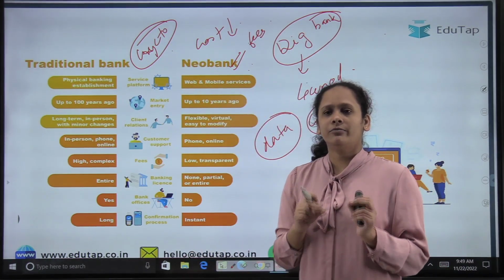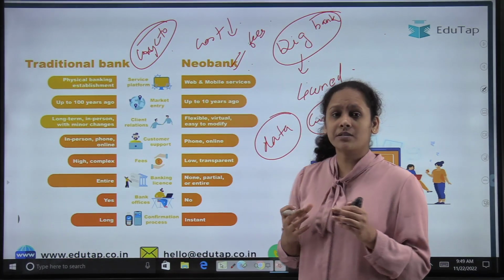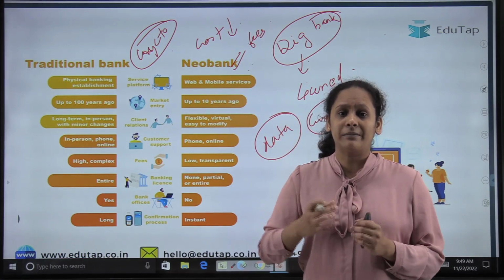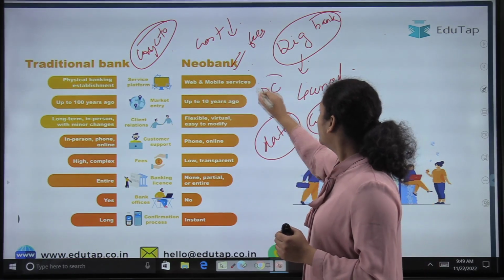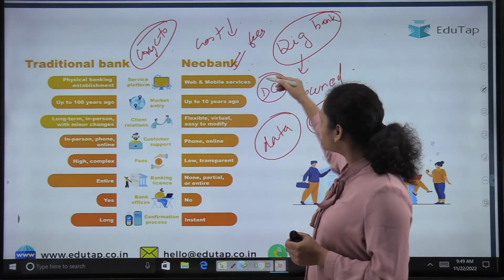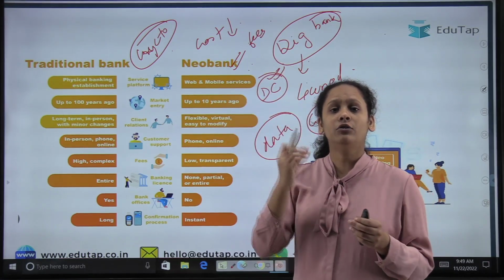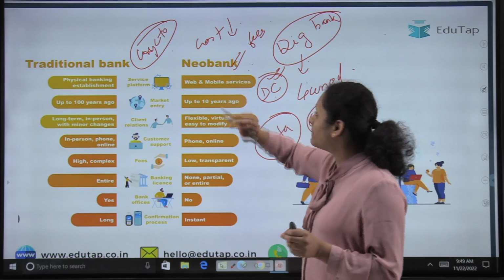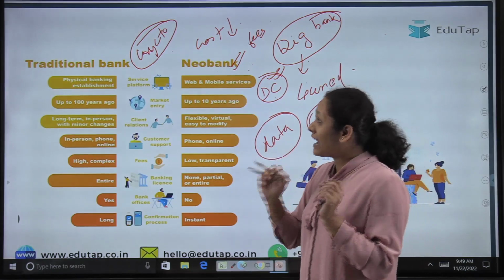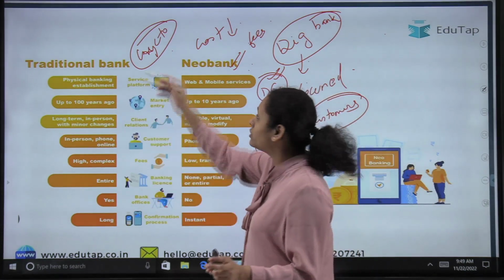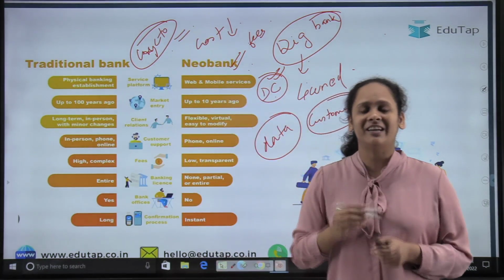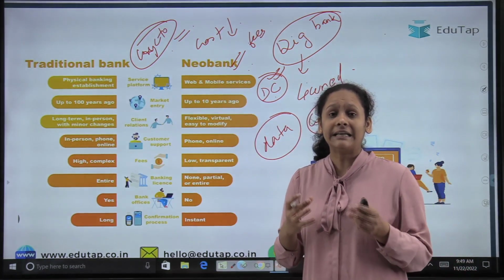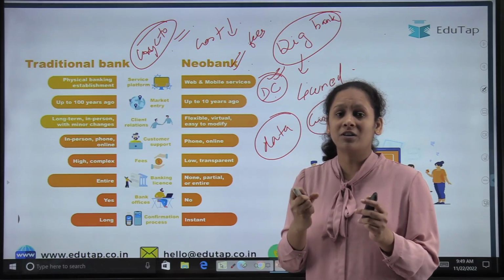Besides this, you would have seen that in a traditional banking system, let's say you want to activate international payment on your debit card, you have to go to the branch and request them to do so. But in case of neobanks, by using their cards at the current exchange rate, you can make international payments. So this is the biggest advantage of neobanks, that the onboarding process is very